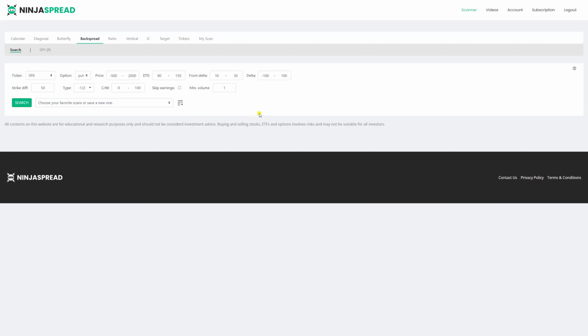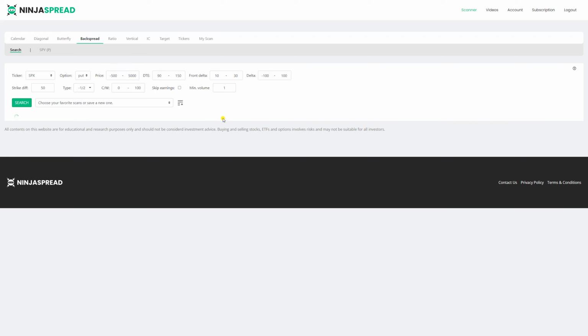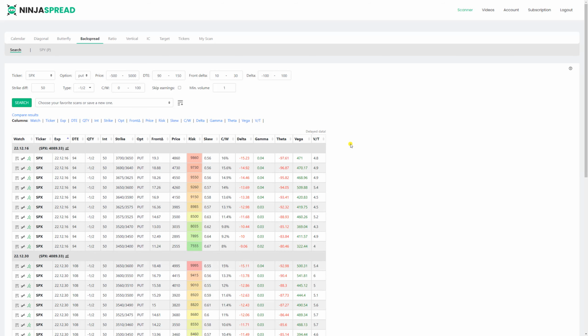There are no results. Probably it's because it's too cheap. The market changed a little bit in the past, so it was too cheap. So right now what you see are different types of back spreads for hedging purposes, for example. And these are the prices and the risk. And you don't see a reward to risk column because there is no reward to risk, because it's unlimited potential in terms of profit. That's why it's probably impossible to calculate the reward to risk ratio